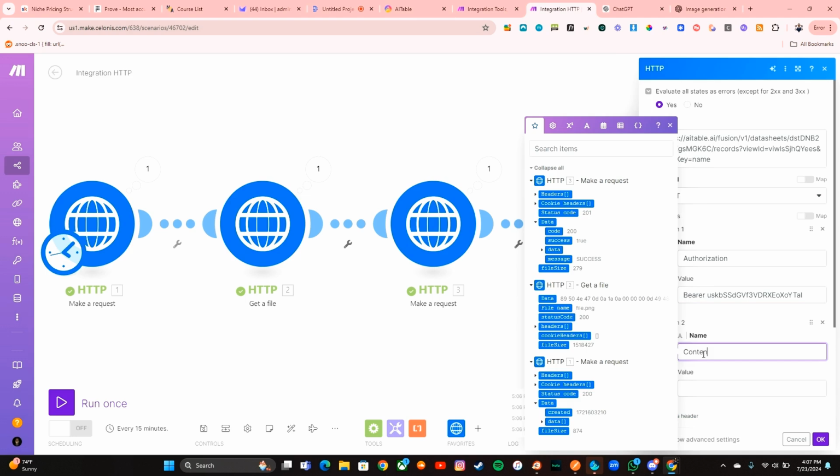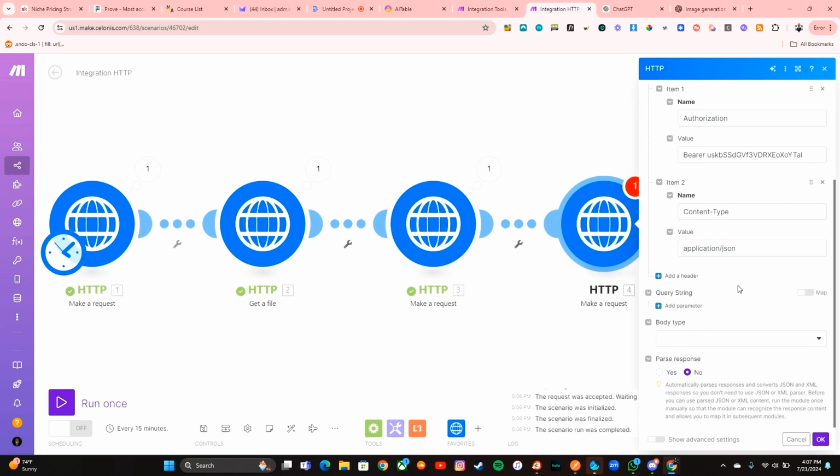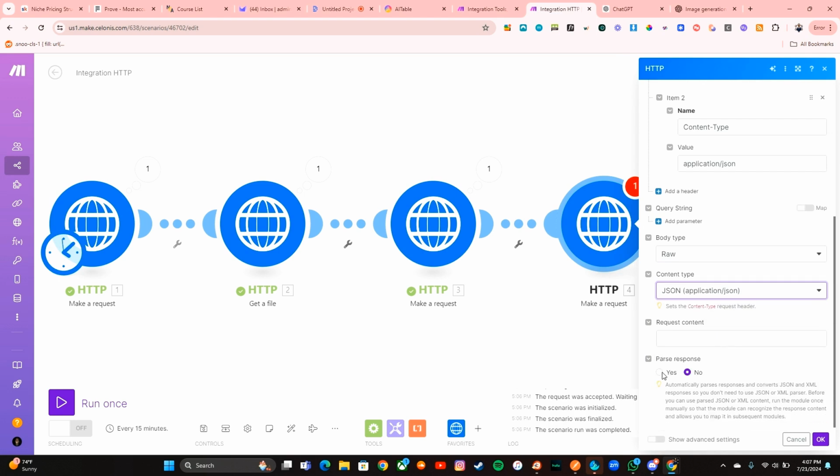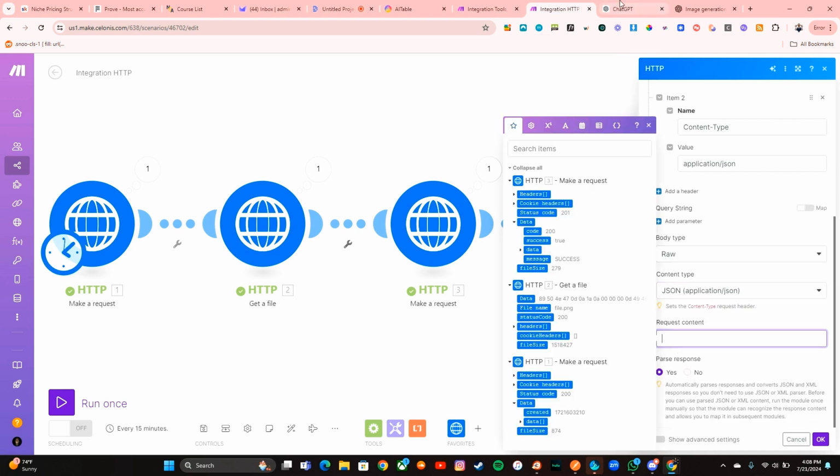We need content type, which is application JSON. The body type is raw. Content type is JSON. Parse this response. We're going to request the content.